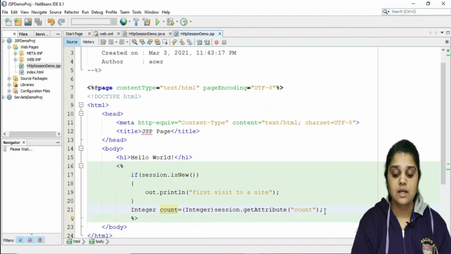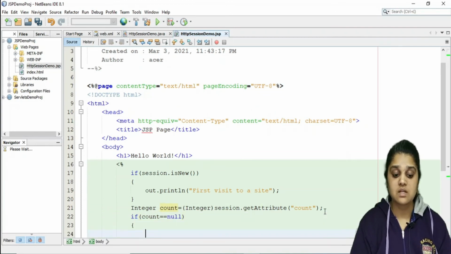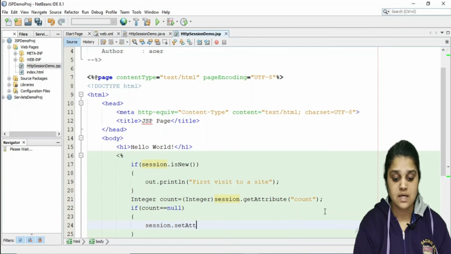Now this counter I am getting and I am storing it in count. Now if this count == null, which means if there is nothing in this counter, because we haven't set anything in this counter, it is going to give me null when I am visiting the site for the second time. In that case, what I need to do is session.setAttribute, which attribute?